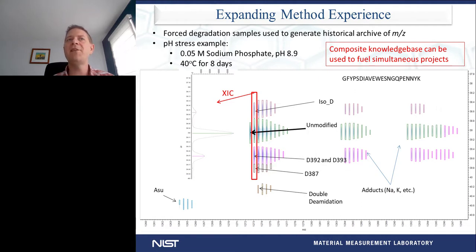So we can now associate these relative abundances on a very mass-specific level. We can actually quantify the isoaspartic acid, the unmodified, in each of the individual deamidation events. And we can do that based on mass as opposed to just a signal associated with the UV. So we can actually get much higher selectivity for our quantification to, again, monitor individual attributes of this peptide much more selectively than we could with UV analysis.